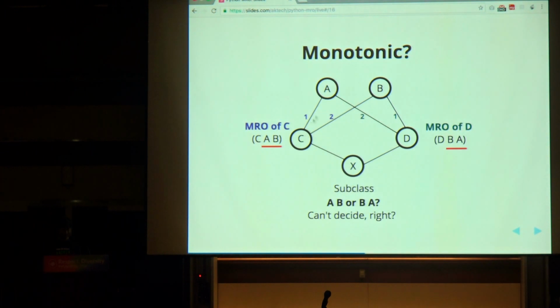C inherits from A and B in the order A and B, D inherits from A and B in the order B, A, and X is the subclass of C and D, inheriting from C and D.